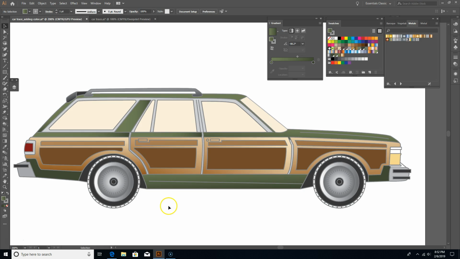Okay, I went ahead and applied these subtle gradients to different parts of the car, different panels, and I think it's having kind of the desired visual interest that I wanted. It added a little bit of something that I think I like. I will caution you, I think if you overuse these they might look bad, or if they're very extreme, it might be just a little too